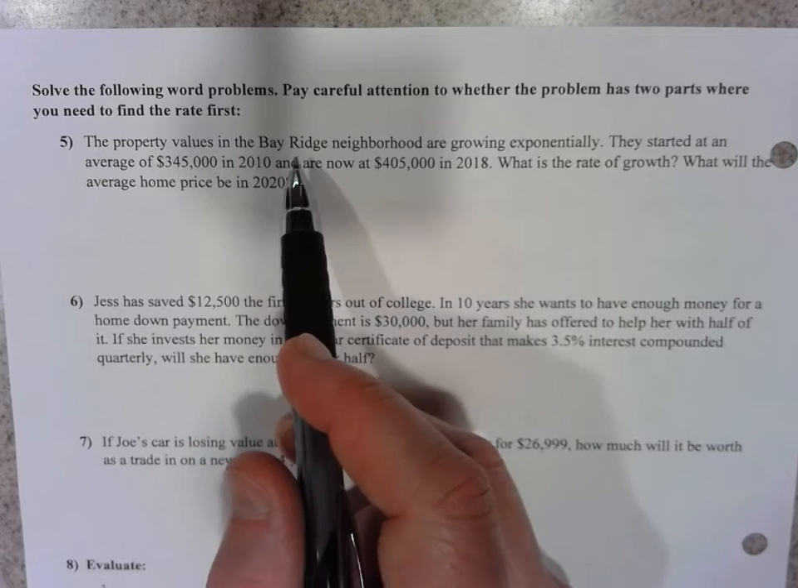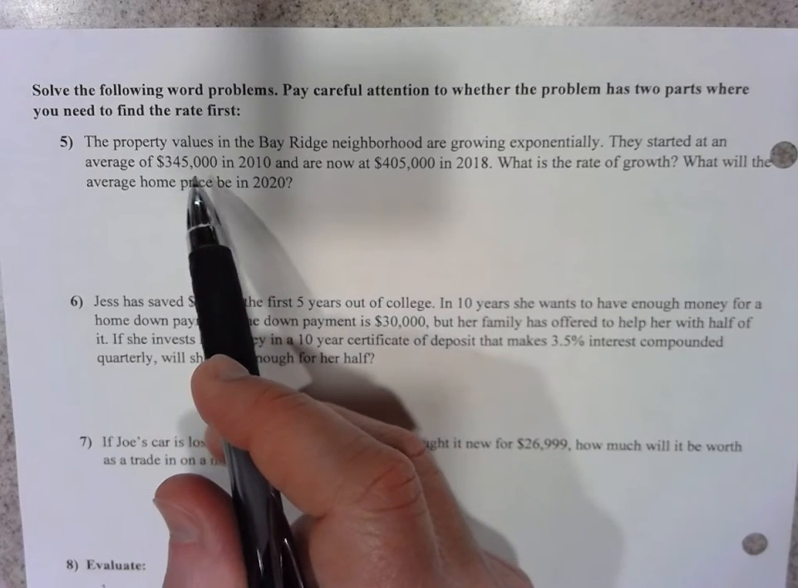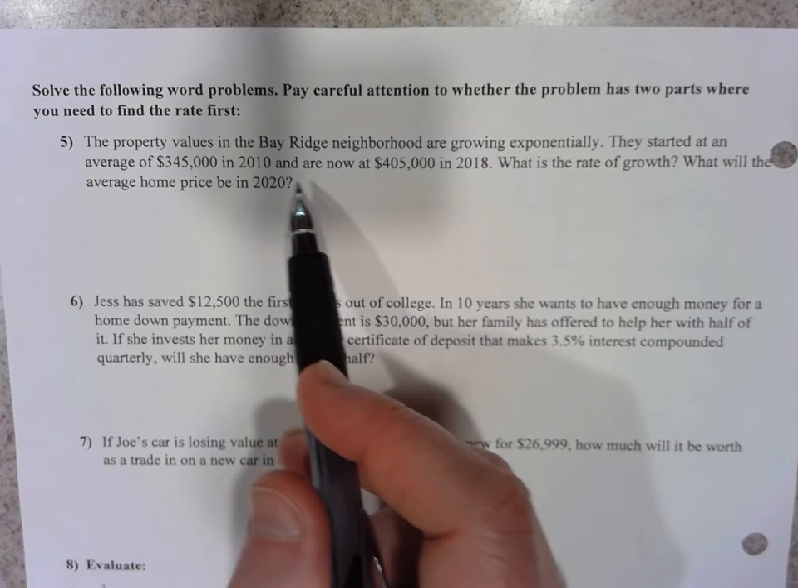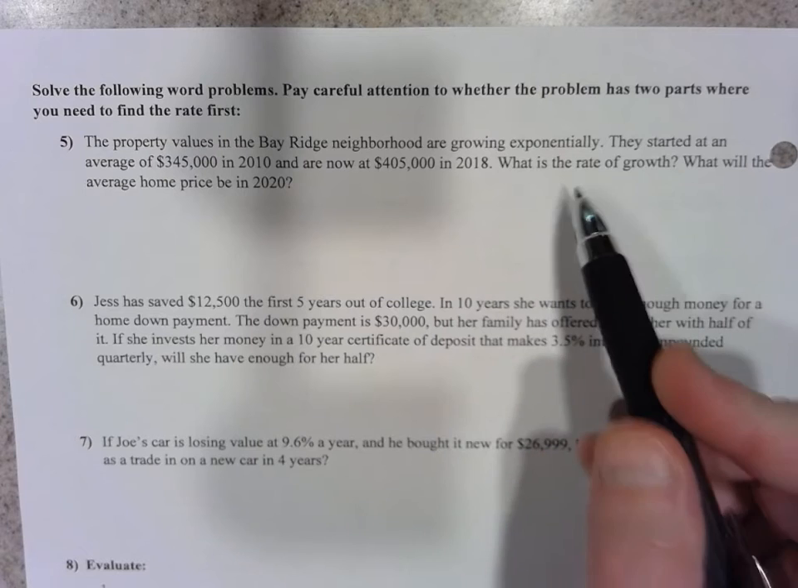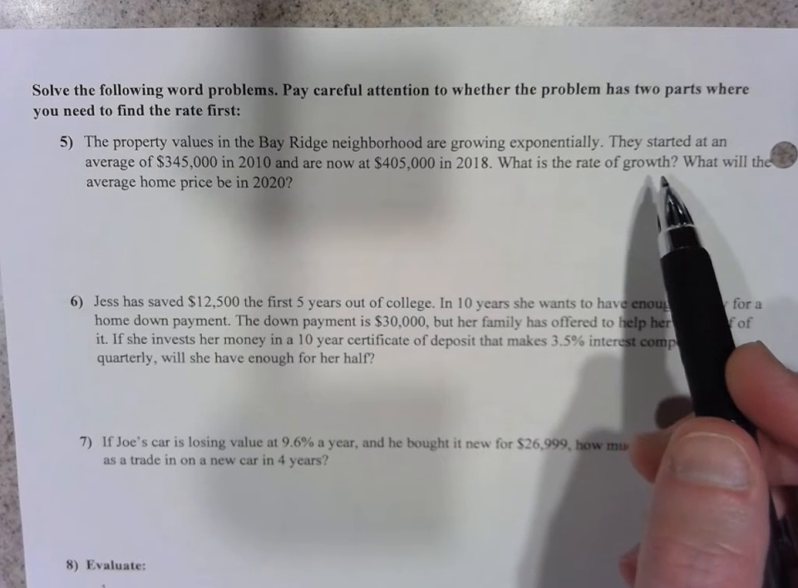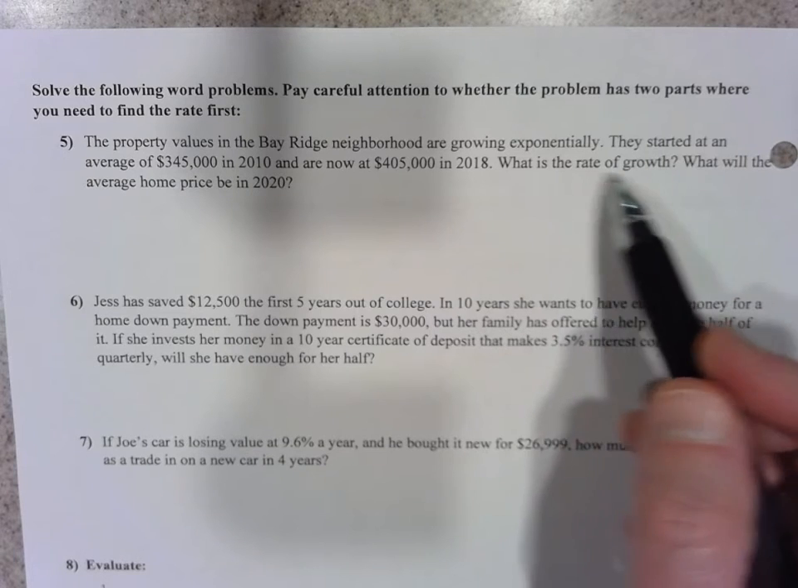The property values in the Bay Ridge neighborhood are growing exponentially. They started at an average of $345,000 in 2010 and are now at $405,000 in 2018. What is the rate of growth? What will the average home price be in 2020? So the rate of growth